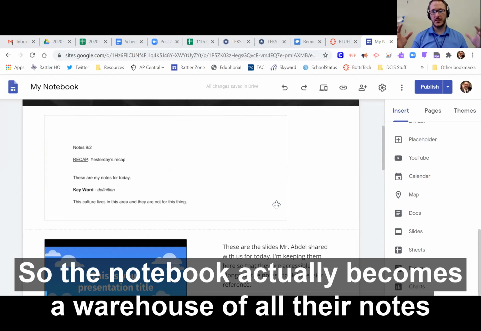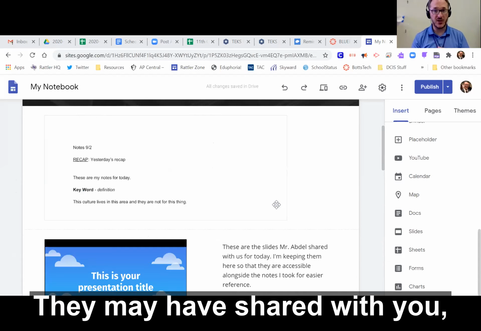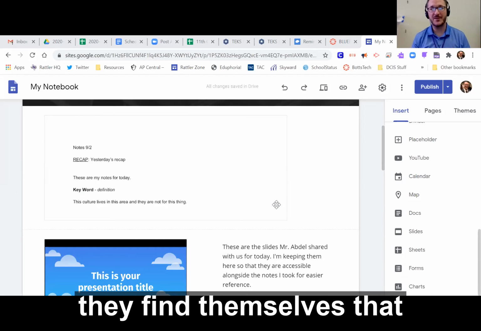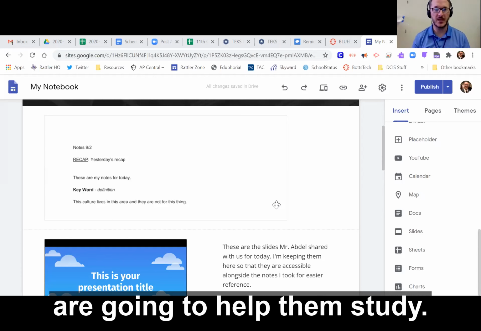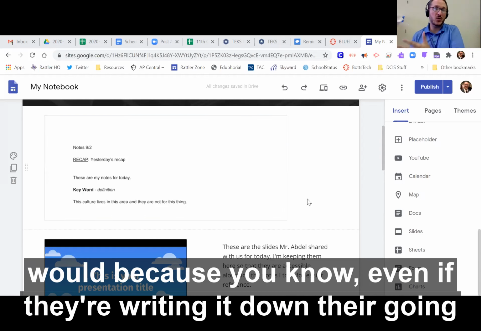So the notebook actually becomes a warehouse of all their notes. Anything you share with them, anything they may have shared with you, they can put their assignments in here as well as things that they find themselves that are going to help them study. So the digital notebook offers a lot more than what a regular notebook would,